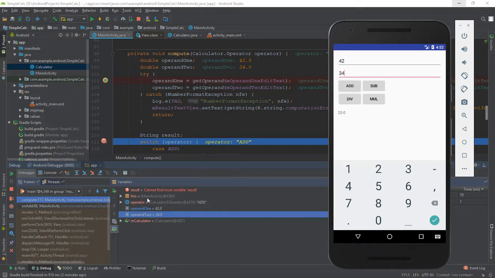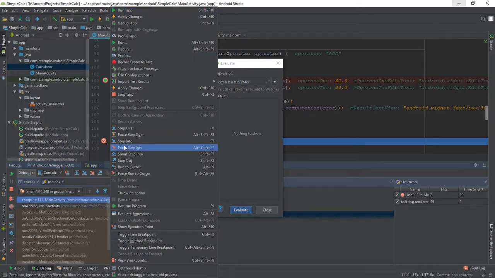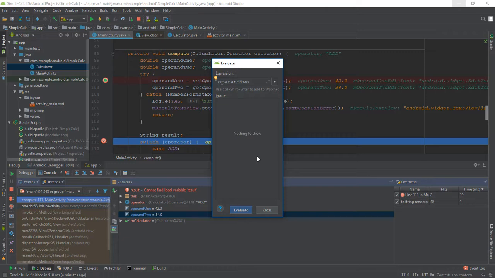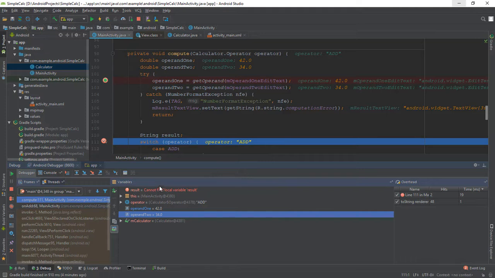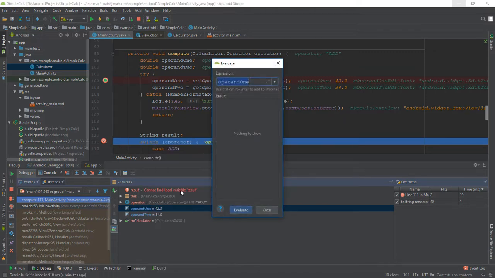Click the Evaluate Expressions icon or select Run, Evaluate Expressions. The Evaluate Code Fragment window appears. Right click on the operand 1 and choose evaluate expression.